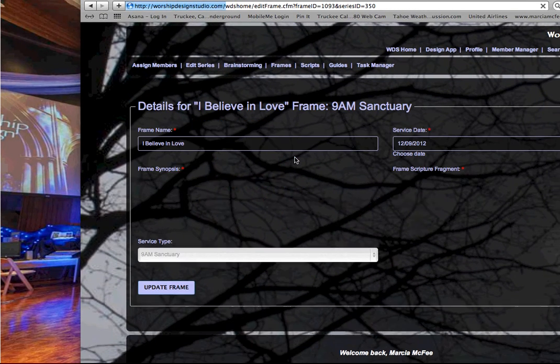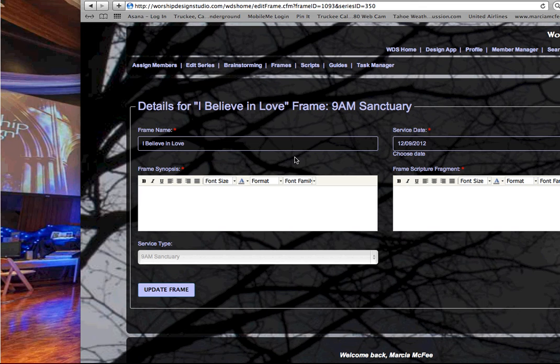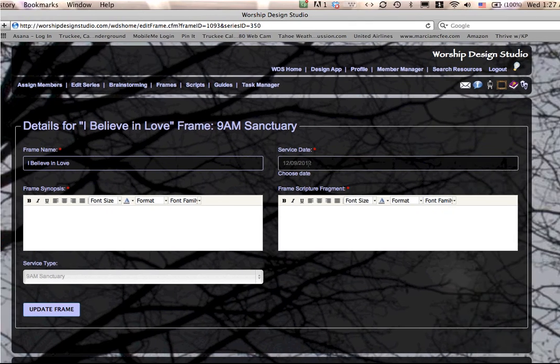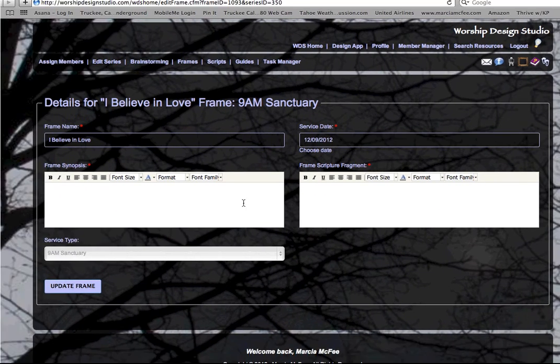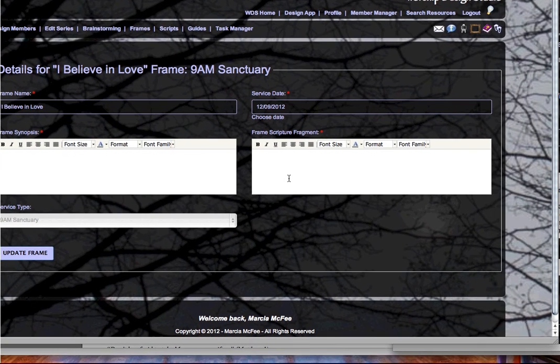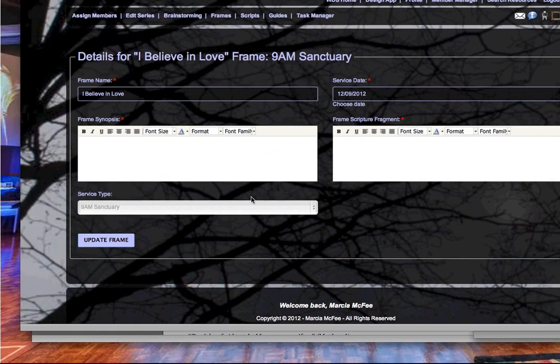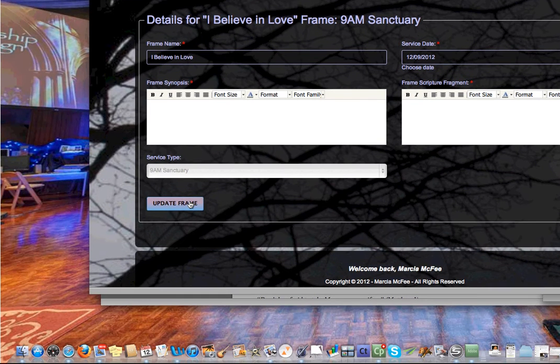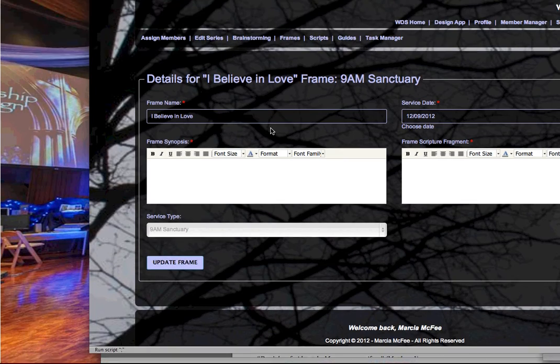And I'll do that for the next one. So here I am clicking Edit, and you can see it's all blank except for the title's there, the correct date is there. I'm going to put in my synopsis for the second Sunday, my frame scripture fragment for the second Sunday, and then I will update that frame, and I will go through the whole